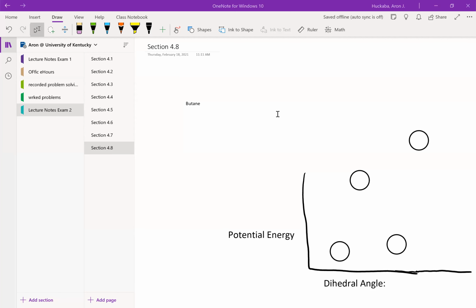Hello and welcome to section 4.8, where we look at some more conformational energy profiles, this time of butane. We're going to start just like how we started our look into ethane and propane, and let's draw butane here in bond line structure. Now, here you can see that butane